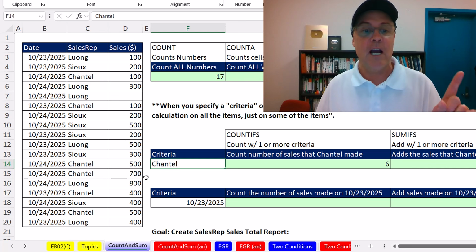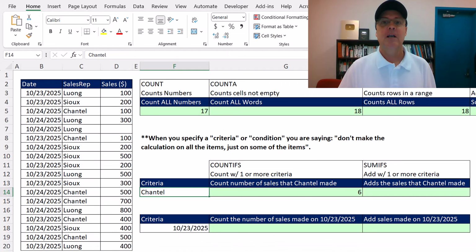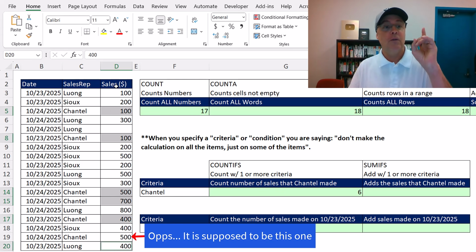Now it's looking for exactly those 7 characters. It found 6 of them. So we know Chantel had 6 sales. Now, instead of counting, let's try adding. We want to add from this column all of Chantel's sales. So if we go through the column false, false, true, then we need this number. False, false, true, we need this number. Going down, we need this one. So there are 6 numbers from the sales column that we're picking out based on the fact that Chantel is